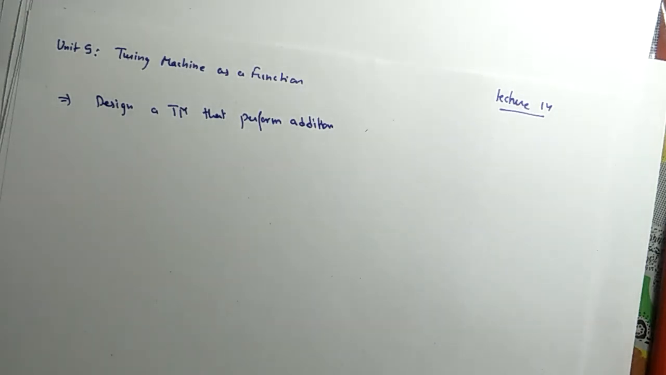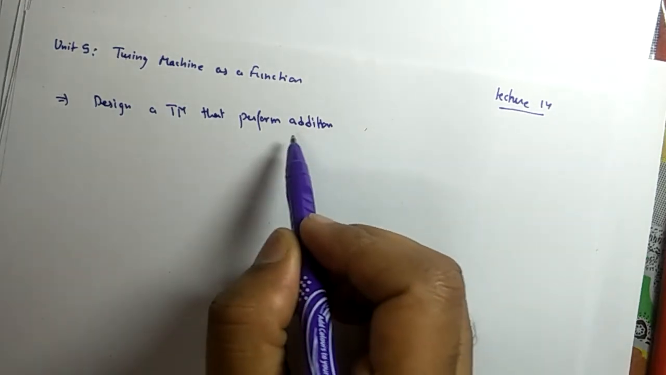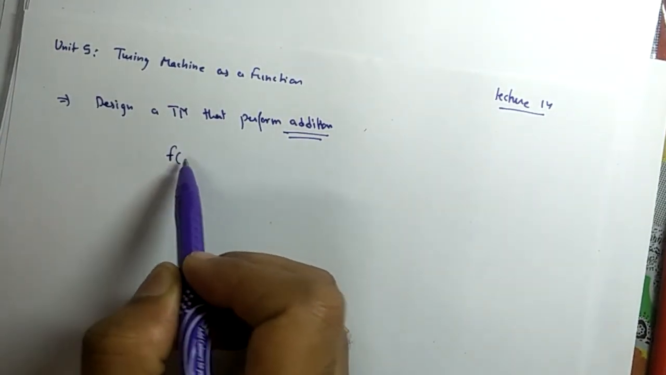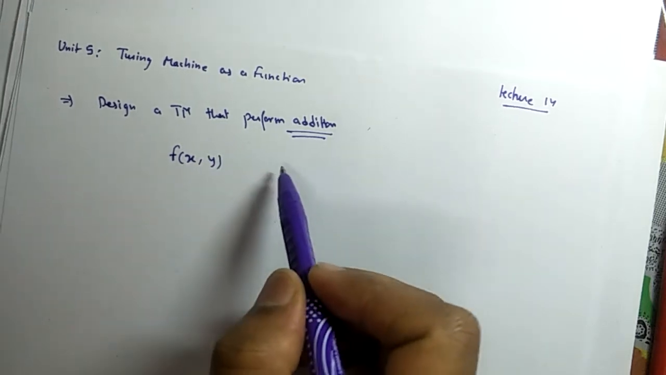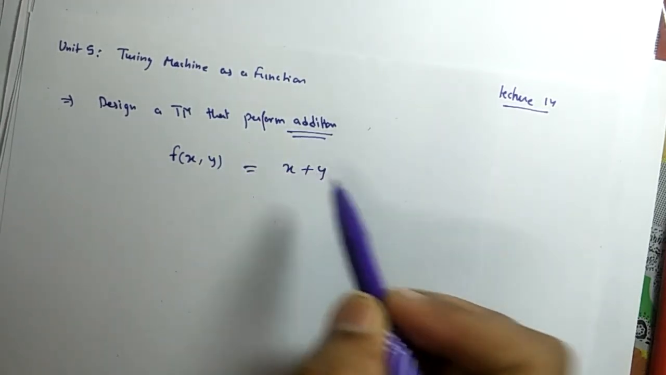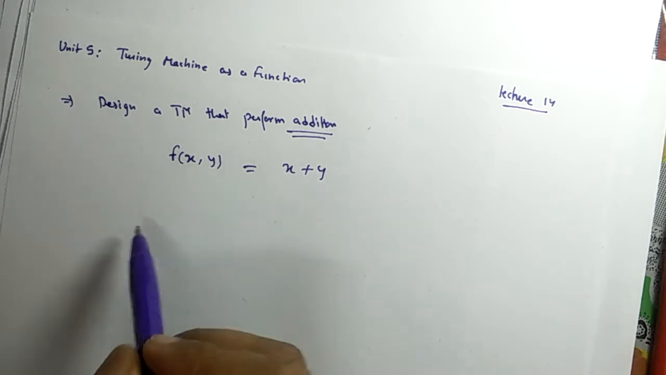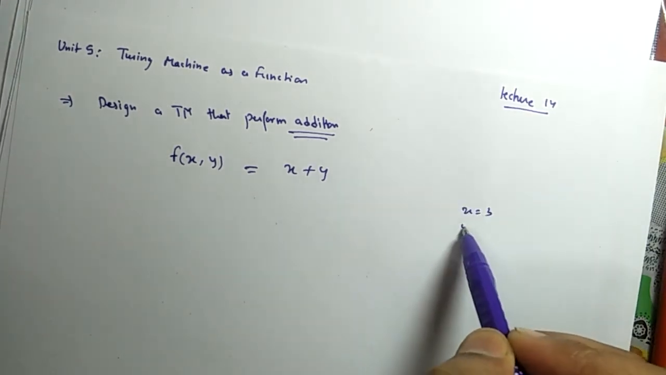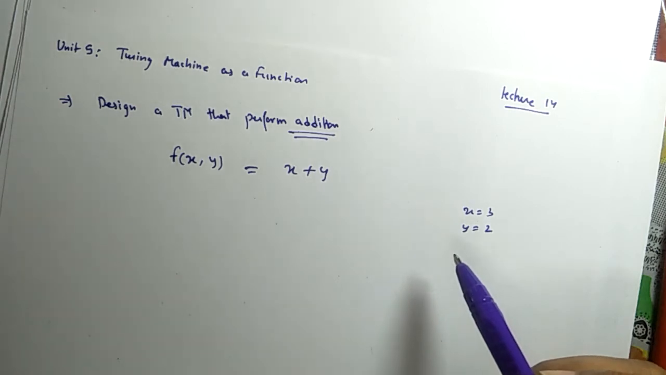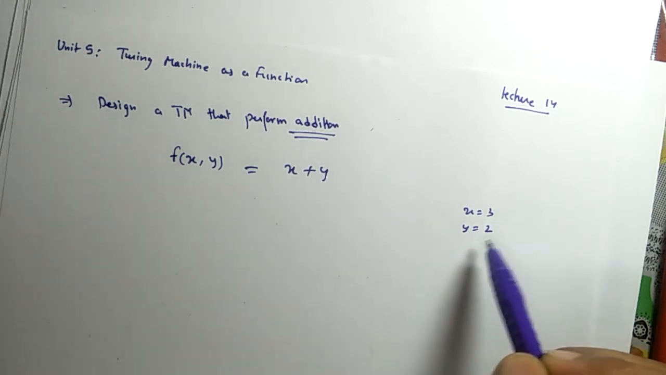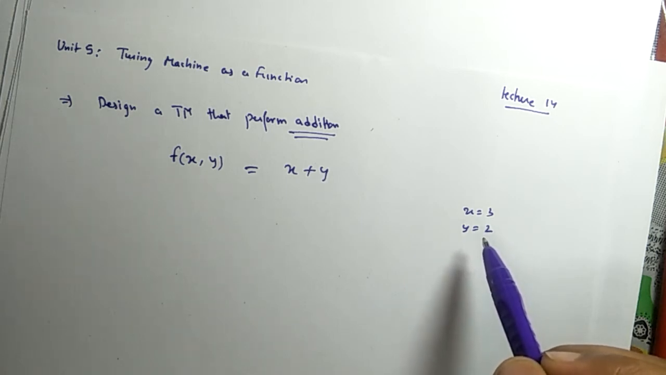Welcome everyone to lecture number 14 of Unit 5. In this lecture we will design a Turing machine that performs addition. We have two numbers x and y, and we need x plus y as output. So we have two numbers as input. Suppose x is 3 and y is 2, and numbers are represented in unary. So 3 is represented by some symbol written 3 times, and 2 is represented by a symbol